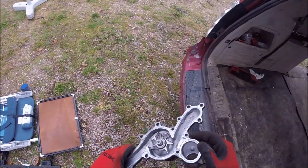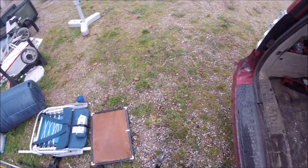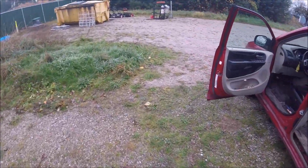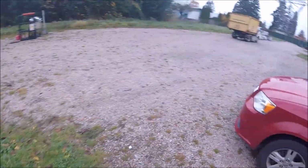I'm at my storage yard, or my yard at the moment. I'm thinking of taking some HMS, and then the dirty aluminum. I'm thinking just to get rid of it while the prices are